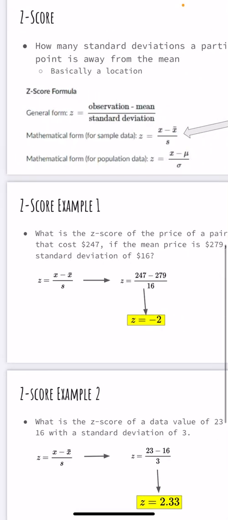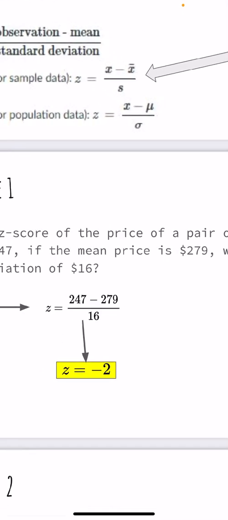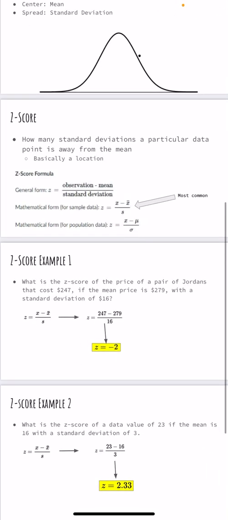I tell you that the mean is 279, so we replace x bar with 279. I tell you that the cost of my shoes is $247, so x is the data point. And I tell you the standard deviation of the data is $16, so that goes in the denominator. So x is the data point, x with the line over the top is the mean, and s is standard deviation. So we do the math, and the math tells me that we have a z-score of -2,